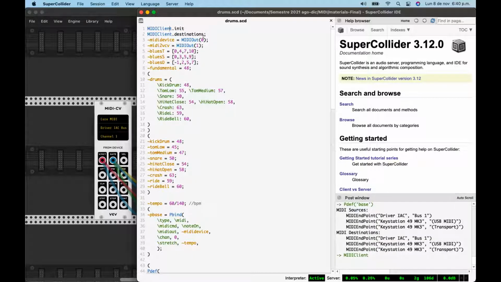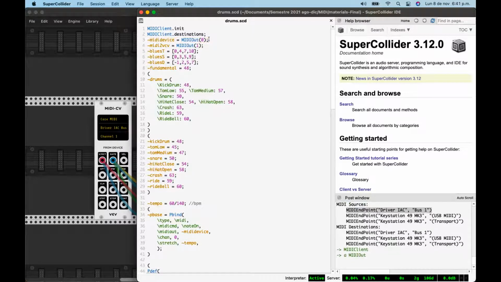Execute. As you can see in that array, the first one is the driver, right? Because you have a keyboard. The driver is number 0, so you can use number 0. I think it's going to work with evaluating line number 3, if you haven't done it. Okay, and then run